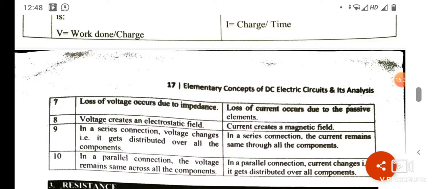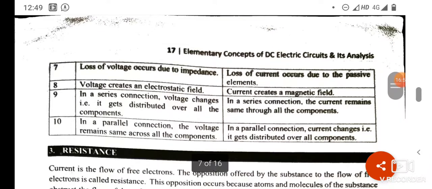V1, V2, V3, etc. are connected in series, there will be a total voltage of V. In series connection, current remains the same. We will discuss this in the connection of resistors in series and parallel. In the series connection, current remains the same through all the components, but the voltage gets distributed over the connection. In parallel connection, voltage remains the same, but the current is distributed over the components. This is the change. This way we will discuss resistance connected in series and parallel.